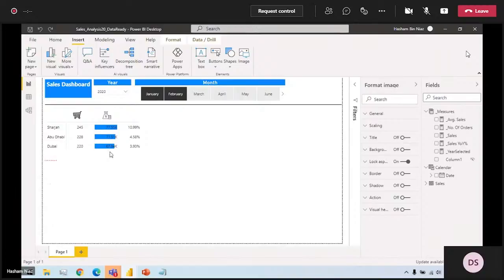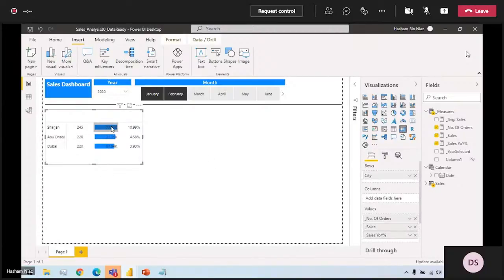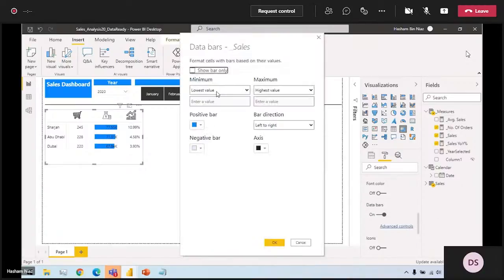So I have this image, and then I can just quickly turn it on here, right? Which is cool, which is near to what we want to achieve. Okay, also this one I think you guys don't like it inside the box. So if I go to the conditional formatting and I select the sales, and for the data bars I could say